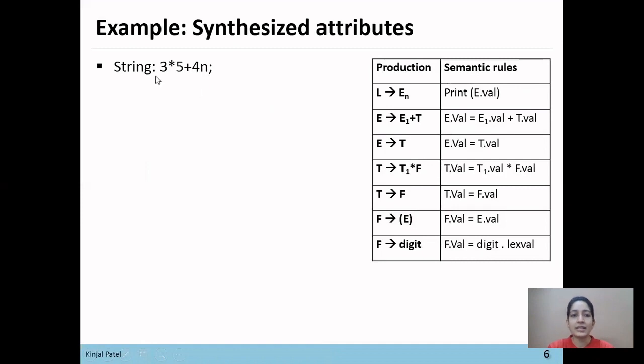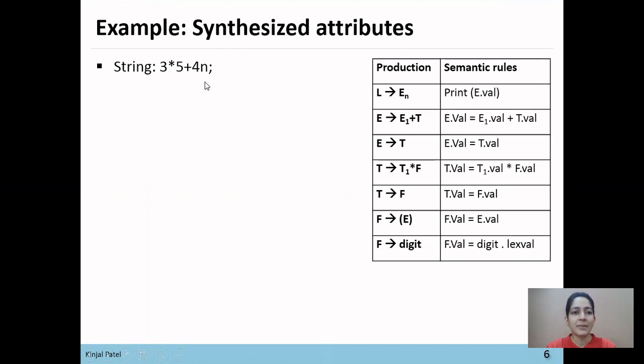First we'll see how to construct the parse tree from these production rules, then we'll see how to construct the annotated parse tree, meaning how to assign attributes in the parse tree. Parse tree means when we draw a tree from production rules, that tree is said to be a parse tree, and when we draw a tree directly from the string, then that tree is said to be a syntax tree.